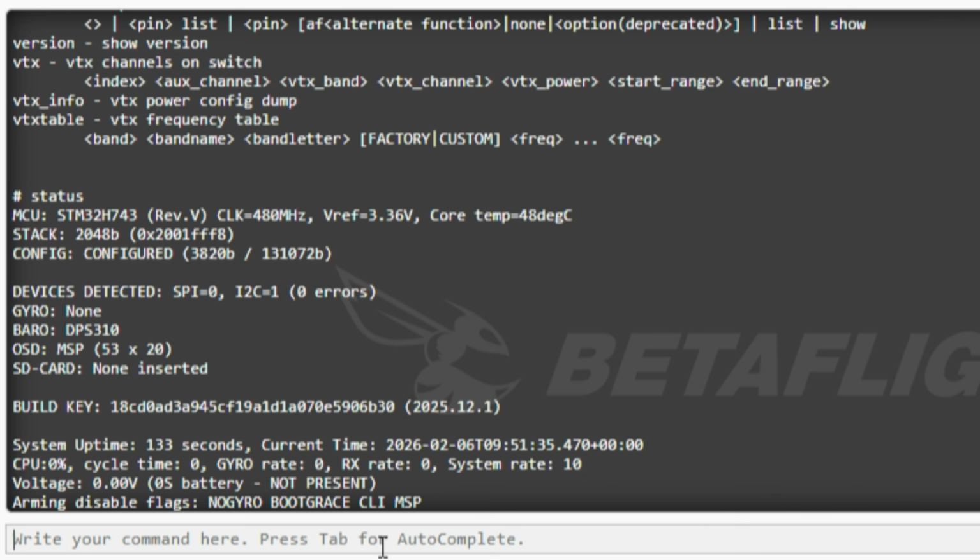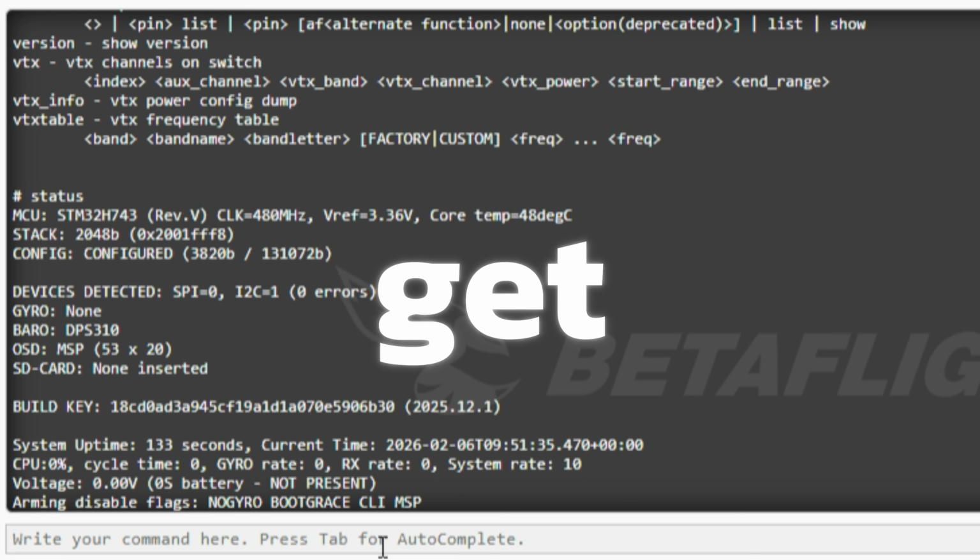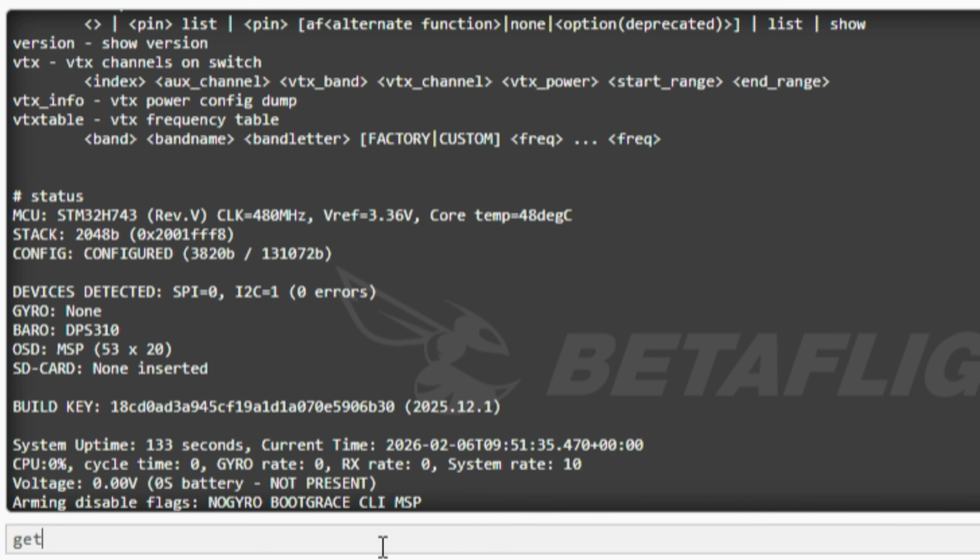So the next command that I'll be going through right here is the get command. Now the get command, I'll type it in. It might take a little while to load, but while it loads, I will explain it. The get command, on the other hand, provides you with all the details and characteristics that you can actually change